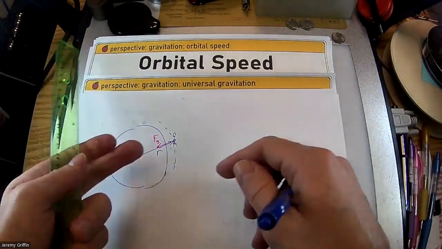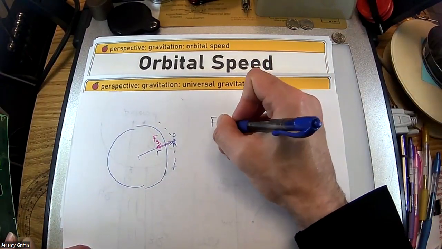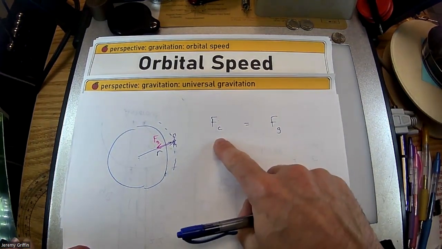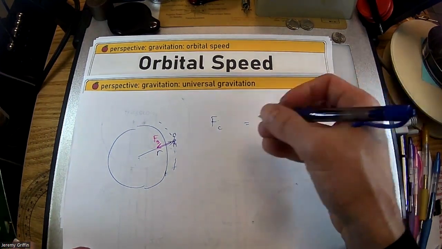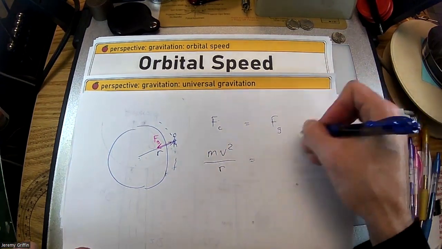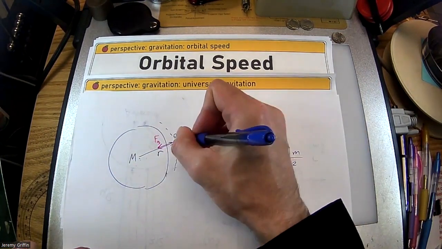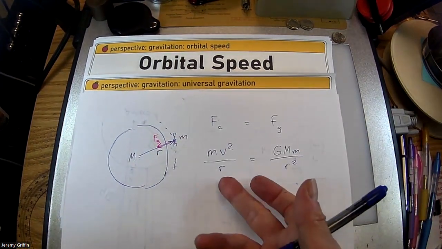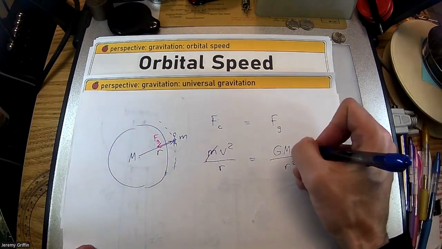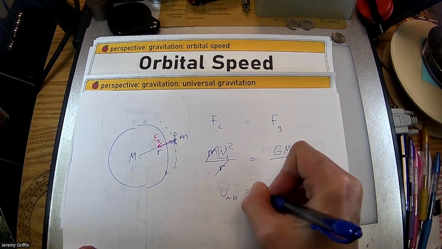Of course, the satellite's also pulling the planet back with an equal and opposite force, but don't worry about that one. So I would say that the centripetal force is provided by that gravitational force. Right? And then you substitute in expressions. Remember from that Plato canister and string lab, PVC pipe, had mv squared over r here. And then gravitational force is GMm over r squared. Maybe the planet has mass big M, the satellite has mass little m. Okay, so centripetal force being provided by the gravitational force, the weight, then the mass of the satellite goes away, and one of the r's goes away. If you solve for orbital speed, now this is orbital speed for a circular orbit,